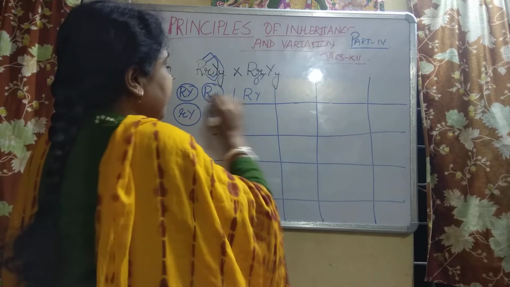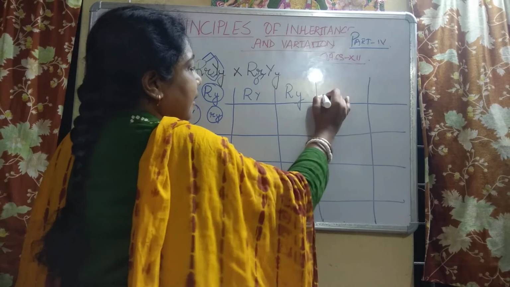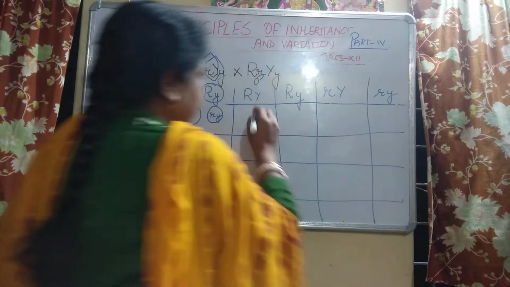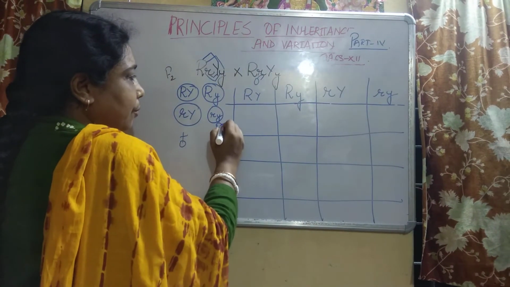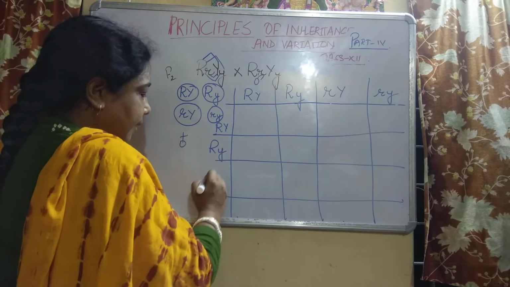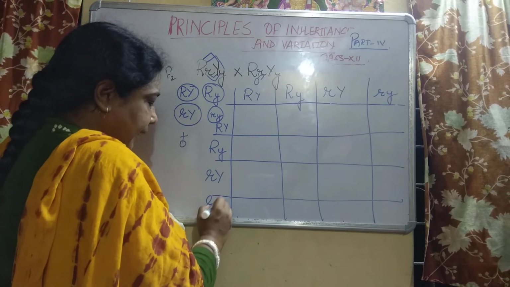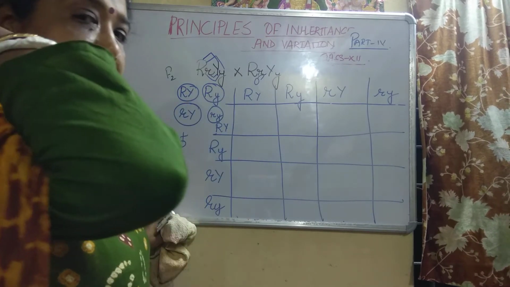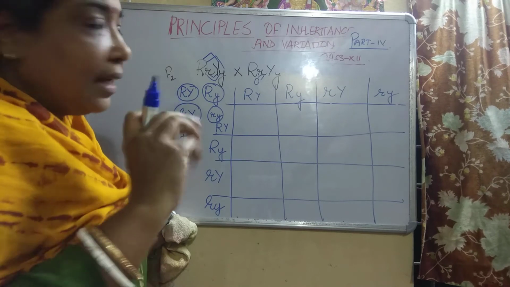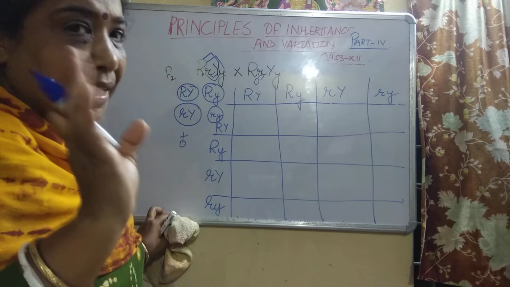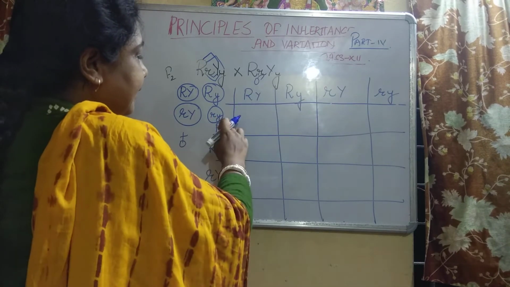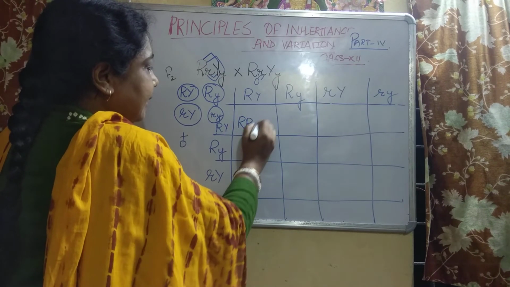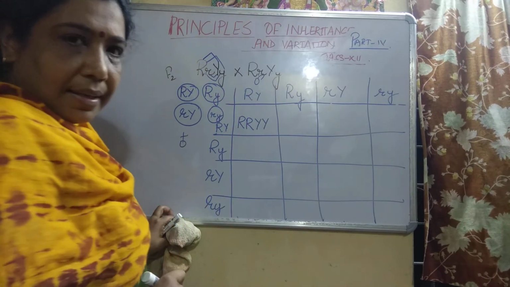Hopefully you all are able to understand nicely. Now see what happens. I am writing everything, and in this axis also you have to write the same thing. Simply by seeing it on the blackboard, it's not possible. You have to do it yourself. It's a playful method, very easy to get. First, you combine these two, from this parent and from this parent. On combining these two, what are you getting? Is it clear?